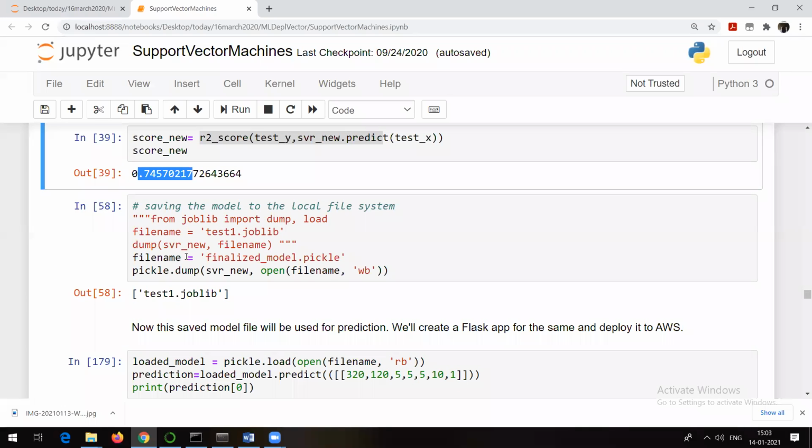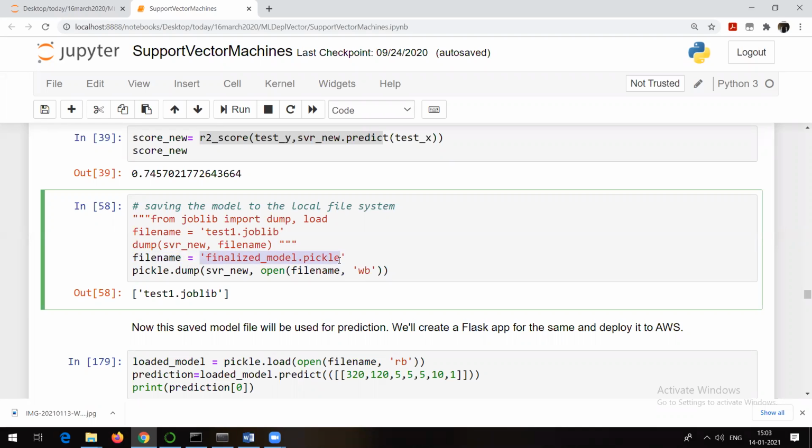If you want to save the model as pickle, this one we have already seen in the case of linear regression. So you need to import a package called pickle. finalize_model.pickle, this is the name I want to give. And pickle.dump is to dump everything in one place. So dump this particular thing in this file. What have we assigned to the file name? That is this file, opened in write and binary mode. Binary is nothing but executable mode. Dump this particular model in this file. This is how you can save the model.